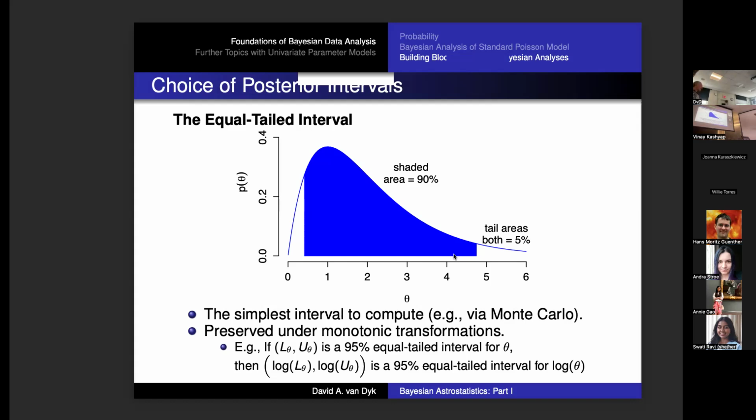We'll talk about how Bayesians often work with Monte Carlo. Monte Carlo means the way that I do all of these integrals is I get a sample of values from this distribution. And how can I convert those values into intervals and things? We'll come to that tomorrow. But this is a very easy and the most standard approach.